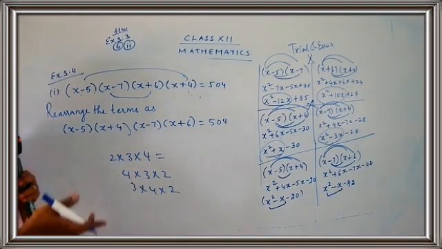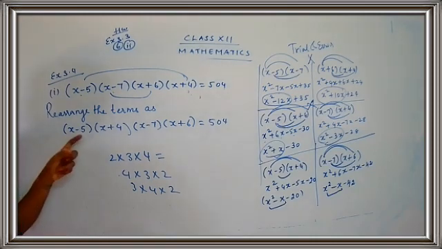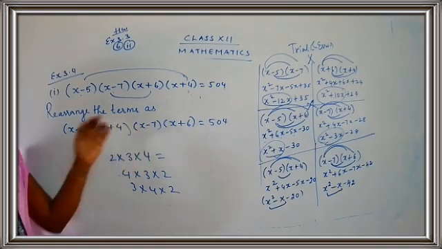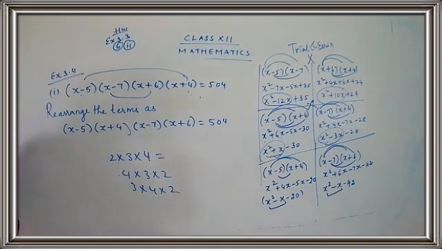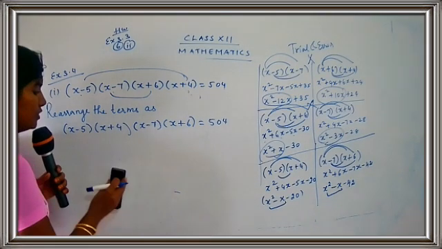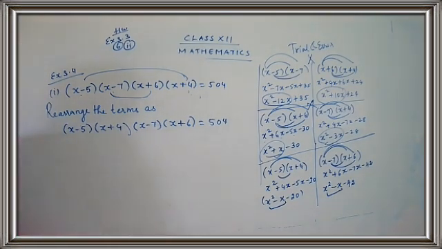Anyway, you can just mingle them up. So in the same way here also, this is in the form of multiplication, so we can just rearrange them in the order we wish. I have taken the first one and the fourth one together, the second and the third one together. Okay, children, are you clear? So we have completed rearranging the terms.